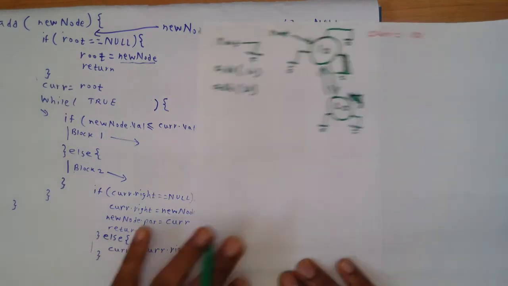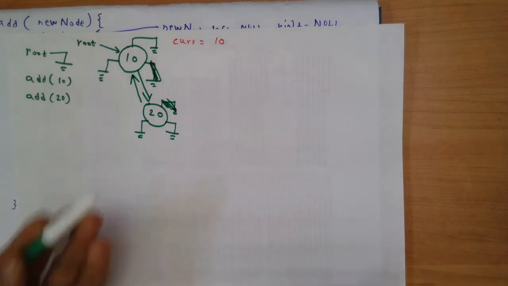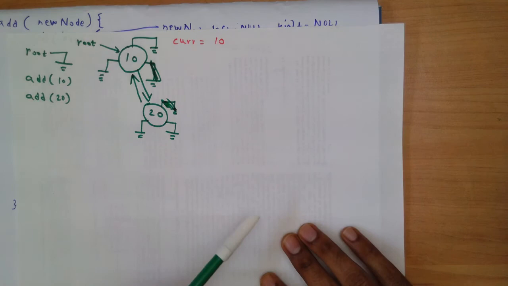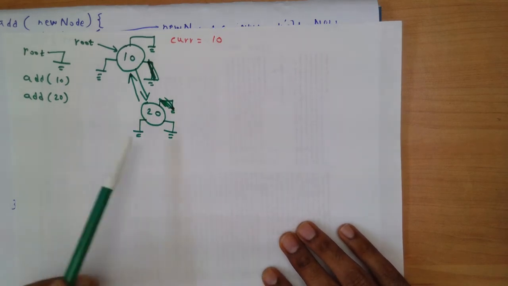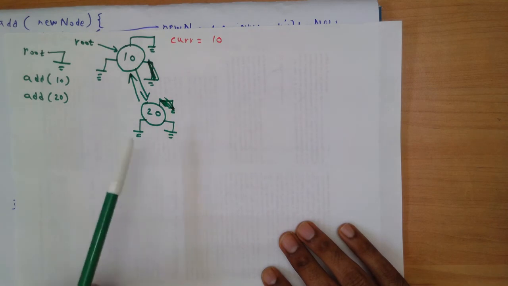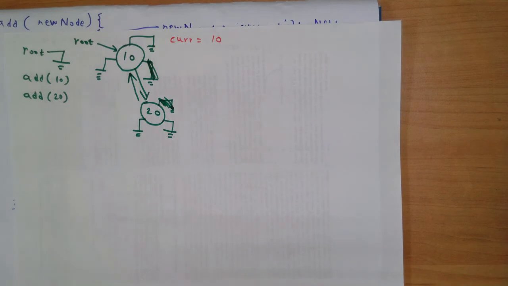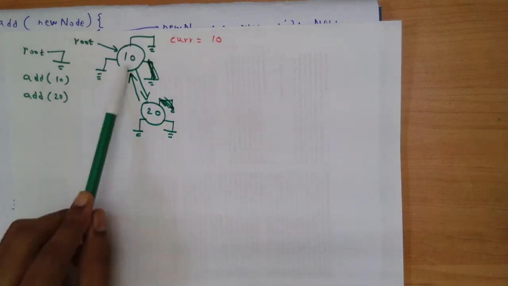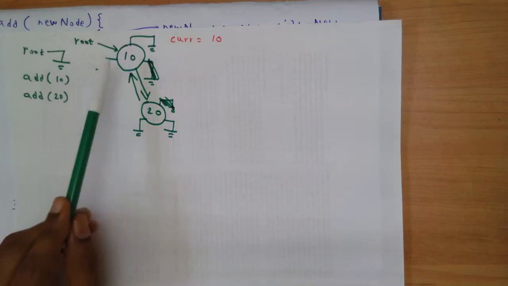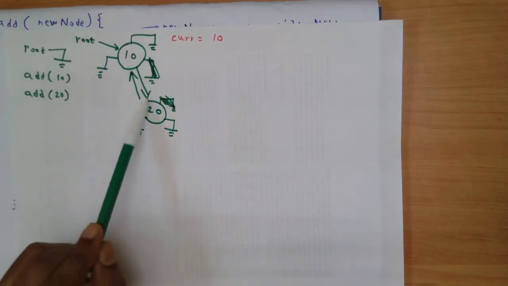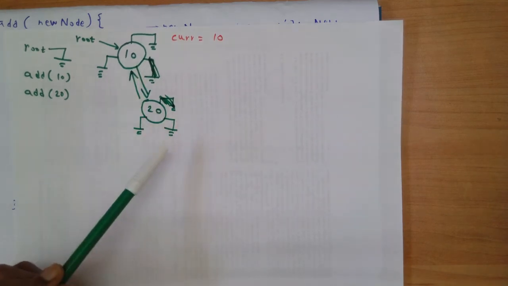Let's ask the question, is this a valid binary search tree? This is a binary tree because each node has 0, 1 or 2 children. Each node has a parent and the root doesn't have any parent. So it is a valid binary tree. Is it a valid binary search tree? If I look at the values to the left of the root, they are absent, so nothing to worry. If I look at the values to the right, they are greater than or equal to the root. So it is a valid binary search tree.